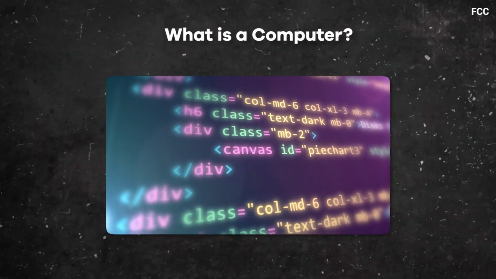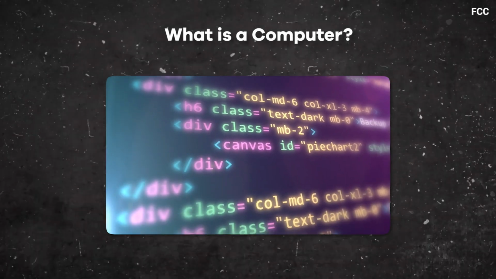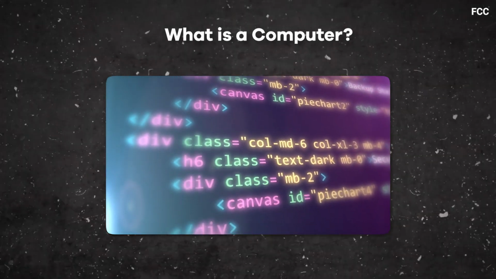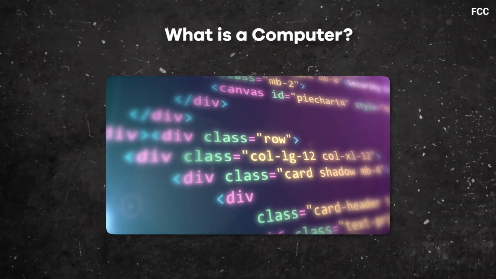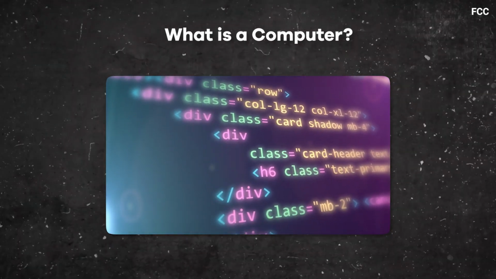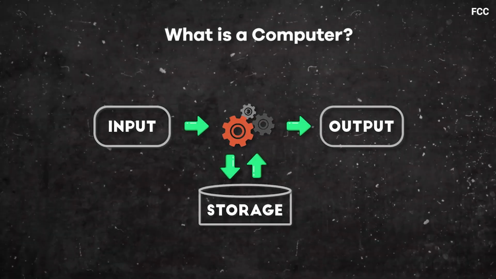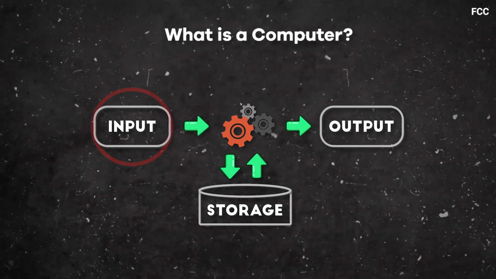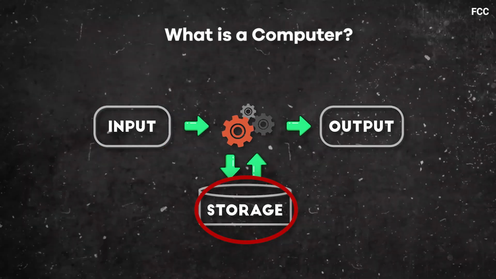A computer is essentially a machine that follows a set of instructions, programs, to carry out tasks automatically. It's designed to perform logical operations, process data, and execute tasks with incredible speed and precision. Here's another way to define it. A computer is an electronic device that takes in information, processes it, stores it, and gives you the result, that